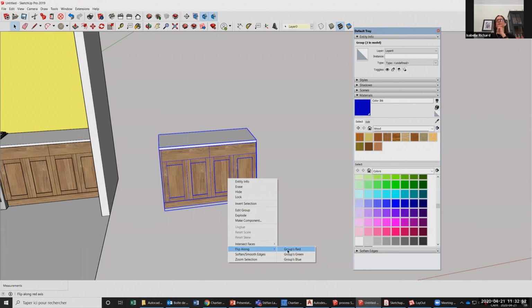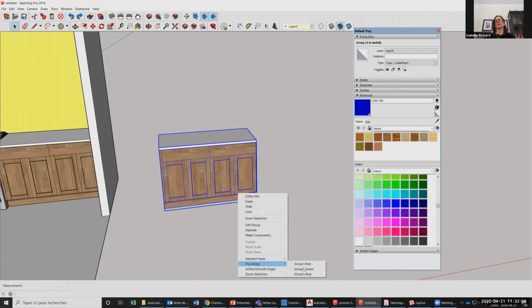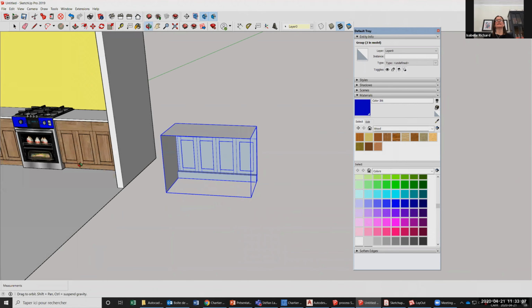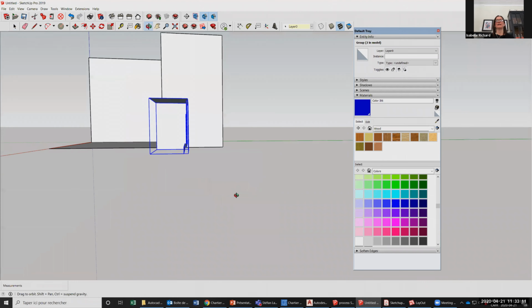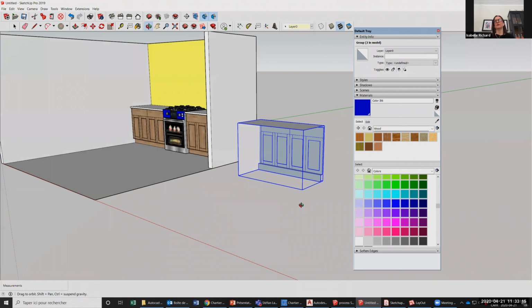Red group, you flip along from left to right. Now flip along the green, so front and back. And you can see how it does it. Again, it's like sheets of paper that are folded together to make my object, right? And then you want to flip along also,